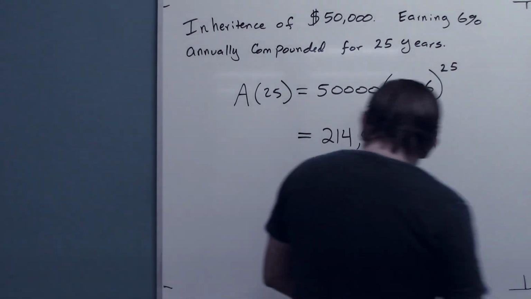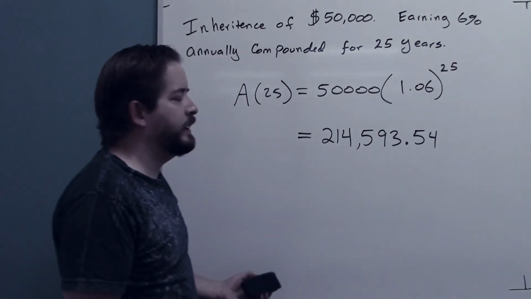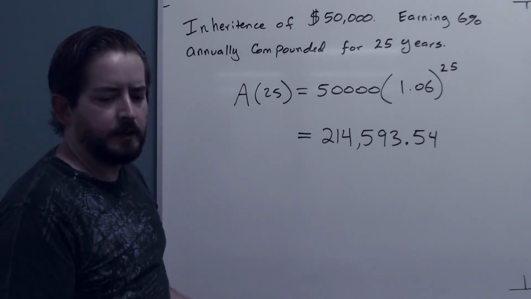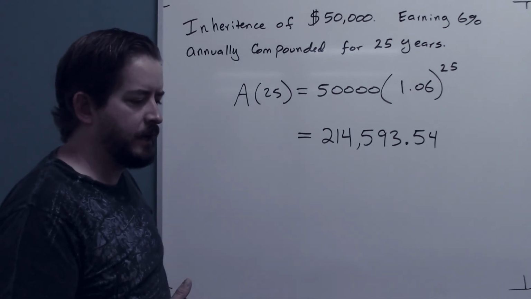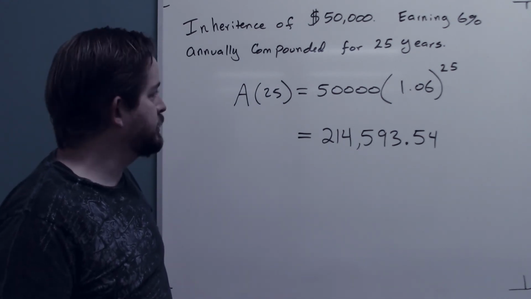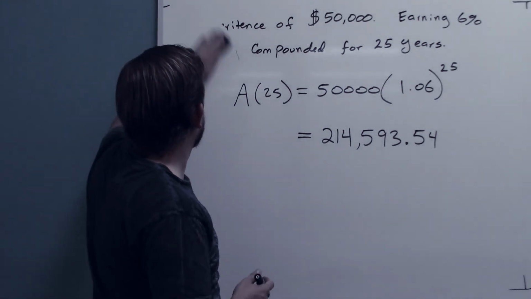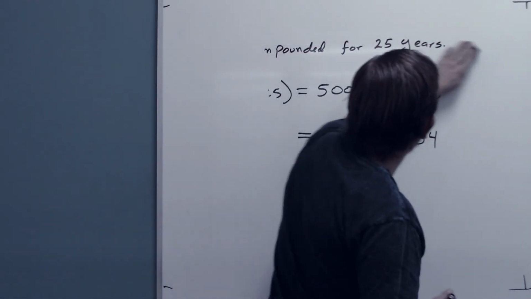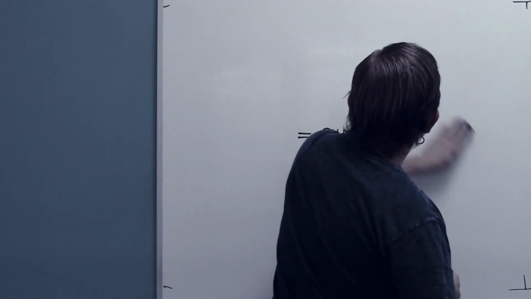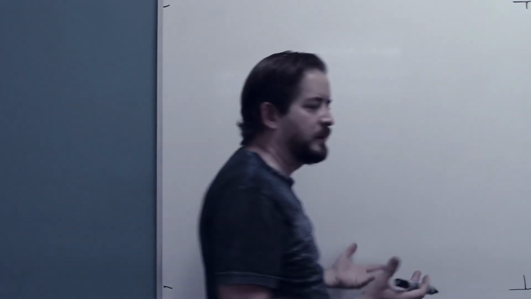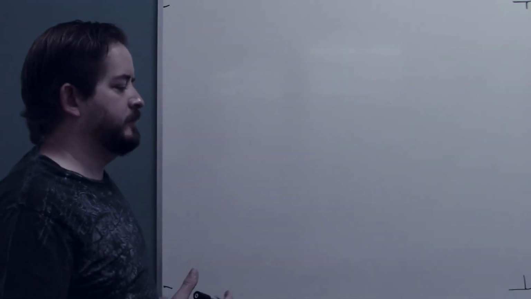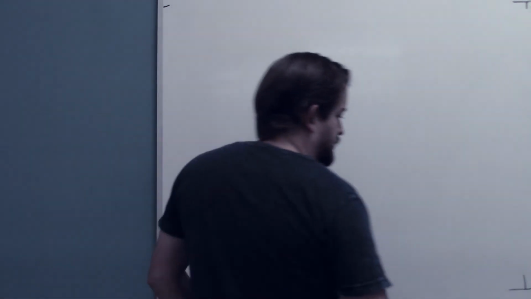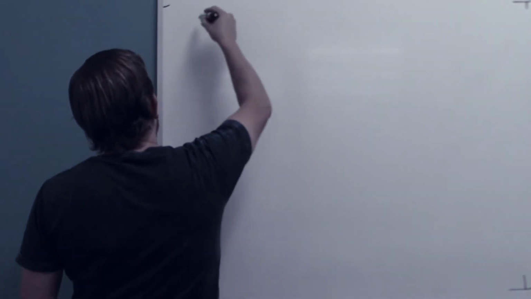Okay. Now again, I mentioned this, but most banks don't do annually compounded anything because money doesn't stay in accounts for all that long anymore. They get shuffled around here and there. But most of them will do monthly compounding. And some of them do weekly compounding, some accounts do quarterly compounding. They can compound however many times you want per year. And so the general formula for compounded interest